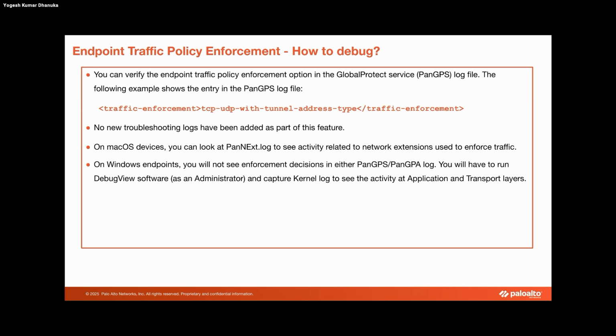Now, for Windows, as we discussed, there is no separate log file. We would see the enforcement decision mostly in the pan GPS logs, but there are some logs in the pan GPA file as well. Essentially, you would need to see both of these logs to make a conclusion on what exactly is happening. But if there is a specific problem where some traffic is blocked exactly because of the endpoint traffic policy enforcement, then just the GP logs might not be enough. So in that case,